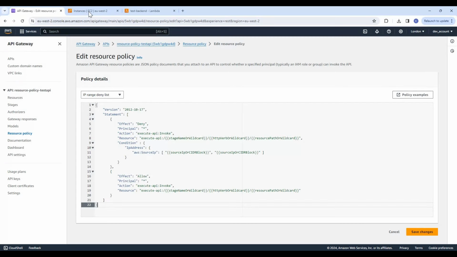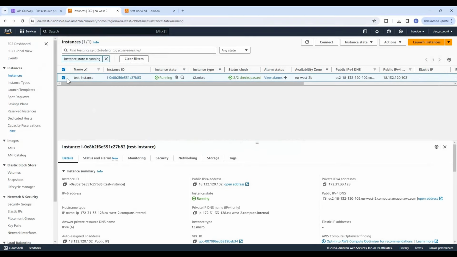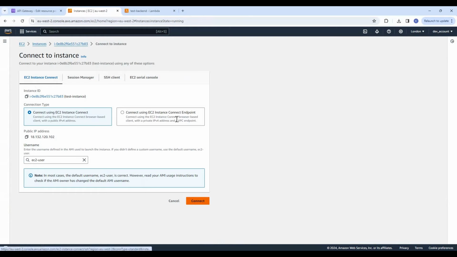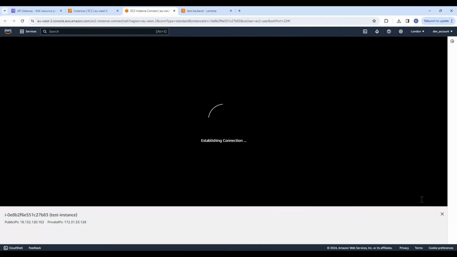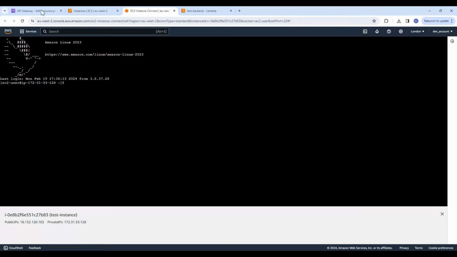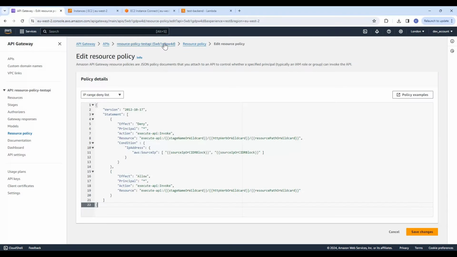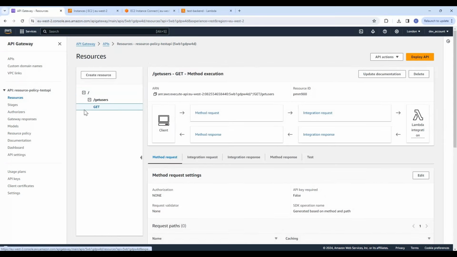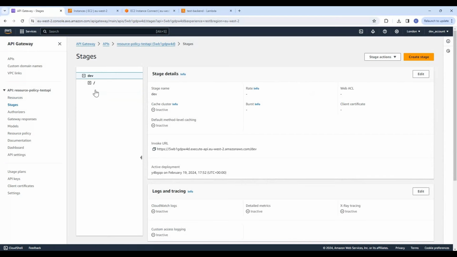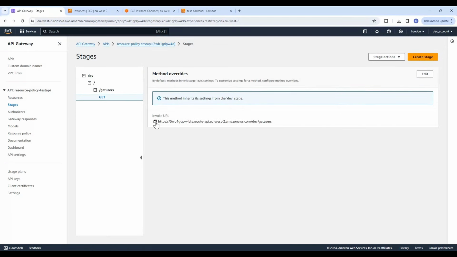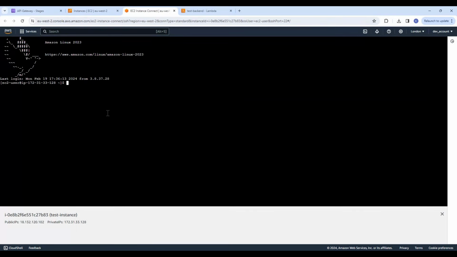Now let us come back to our topic. So let me connect to my EC2 instance, and from this EC2 instance we will invoke our API. So to invoke the API, let us grab the invoke URL. So this API is deployed in dev stage. So this dev stage, and this is the invoke URI. And from our instance, let us call this